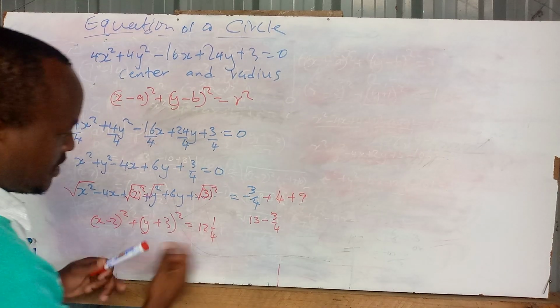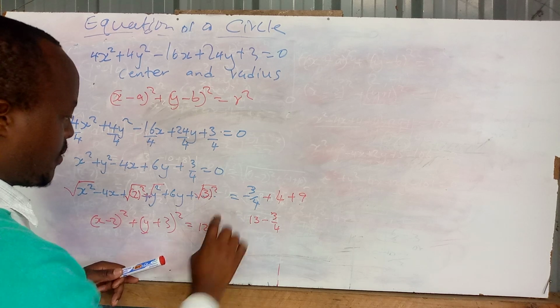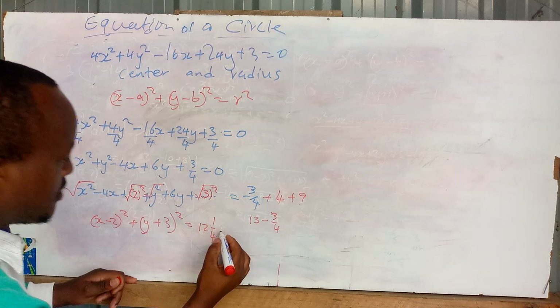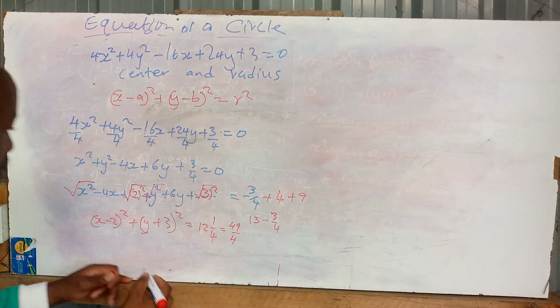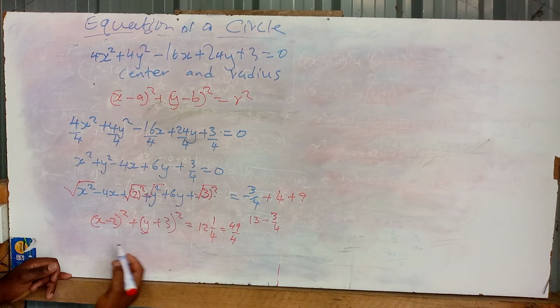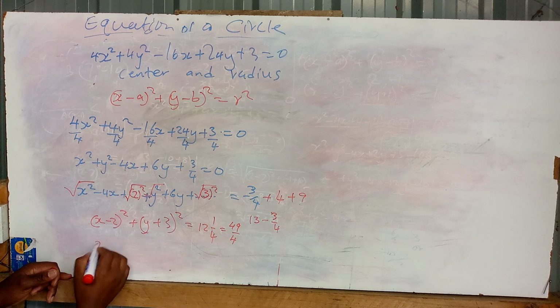If you write it as an improper fraction, then it will be 49 over 4. Now this means we can write it as x